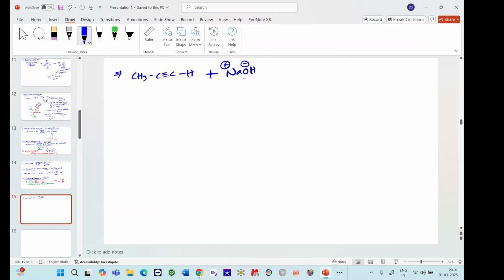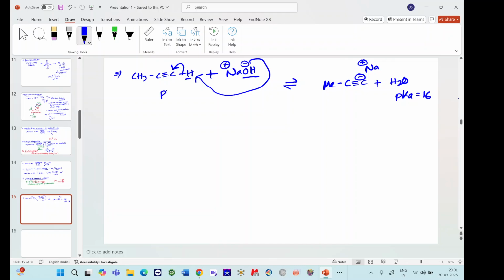okay, so what is the purpose here? Which is the base? You have the acidic proton here. Then first it will abstract it and will generate a negative charge here. So I'll write the product first, the anion plus H2O, and this will be stabilized by Na+, right? Now you have to see whether it is feasible or not. Okay, so this will be an equilibrium. The pKa for H2O is around 16, and for this one pKa is